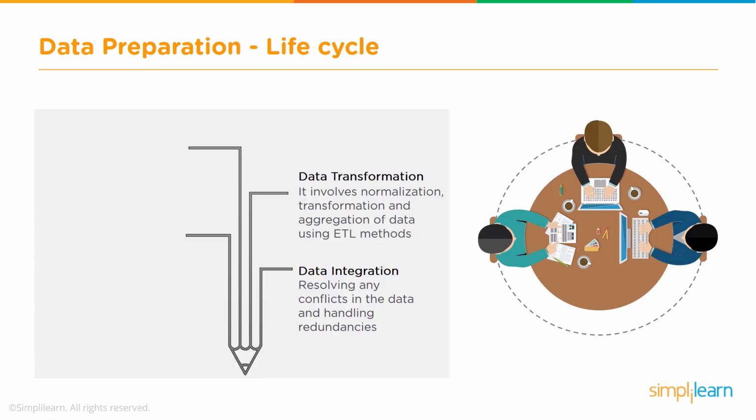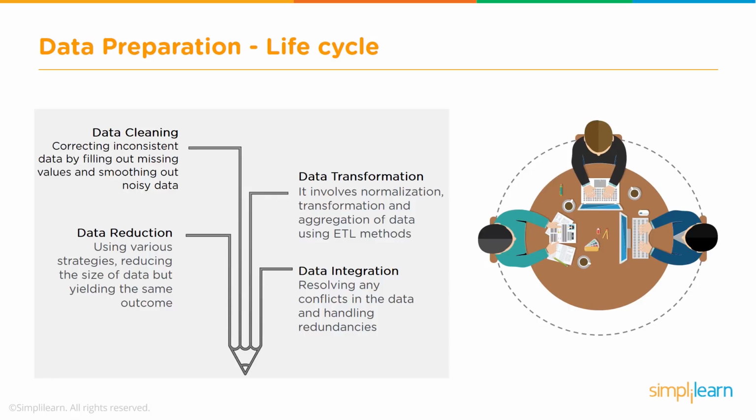Data transformation. As I said, there will be situations where data is coming from multiple sources, and when we merge them together, they may not be matching. So we need to do some transformations to make sure everything is similar. We may have to do some data reduction. If the data size is too big, you may have to come up with ways to reduce it meaningfully without losing information. Then data cleaning. There will be either wrong values or null values, or missing values. So how do you handle all of that?